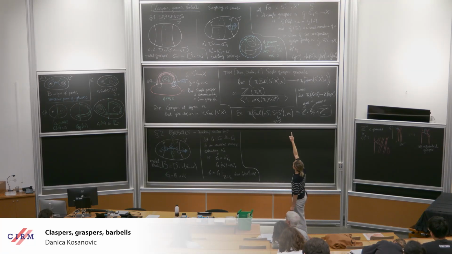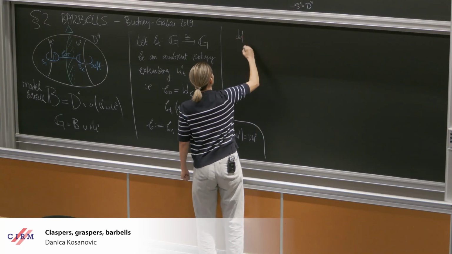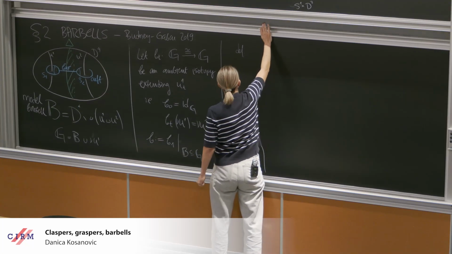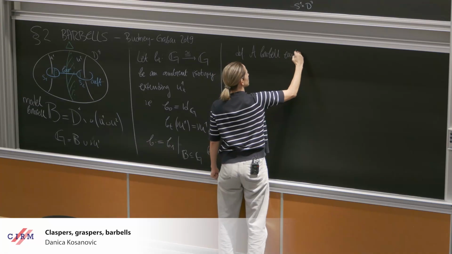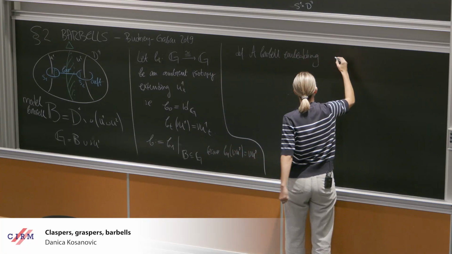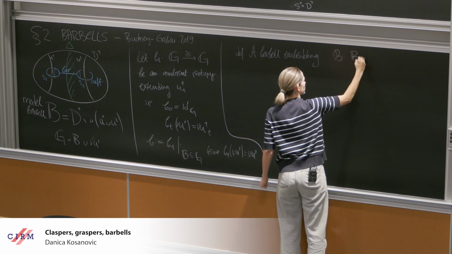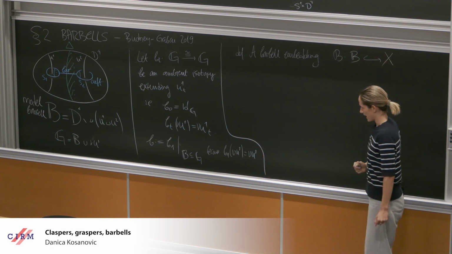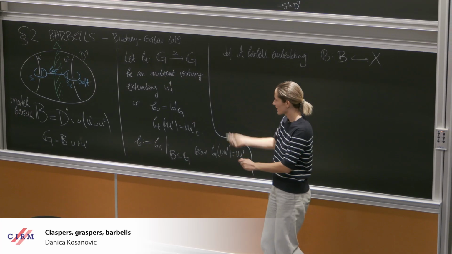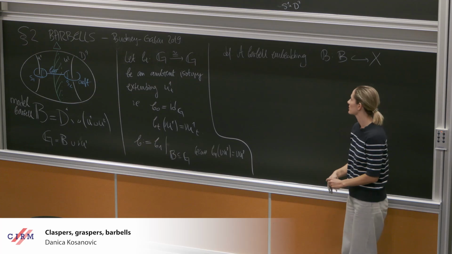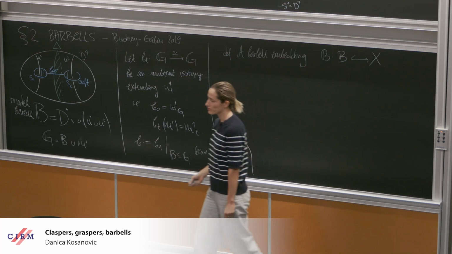So analogously to what I did there for graspers, I defined this model, and in the model something happens, and then I want to plug it into the manifold. Now I want to do the same for the barbell map. So for a 4 manifold X, a barbell embedding is just the embedding of this barbell, okay? So it's just like some B that embeds the model barbell into X. And if X has boundary, this is away from the boundary. So just think of this model as going to sit somewhere inside of our manifold, okay? And then we're going to use it to define a barbell diffeomorphism.